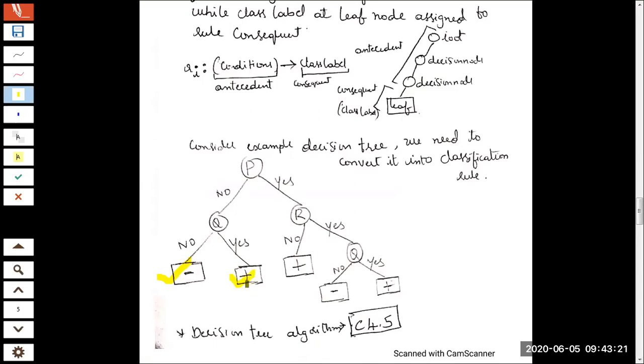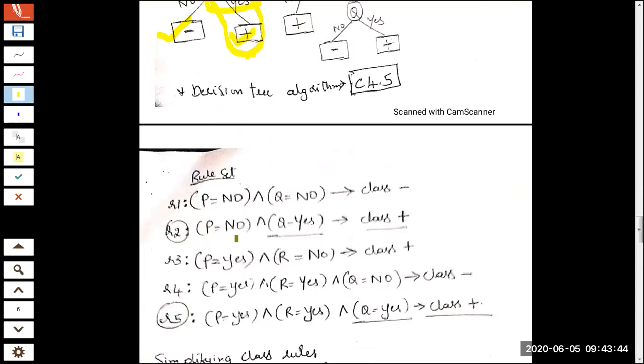Identify the branch of the decision tree from the root, which will help you arrive at this leaf node. So this is the branch. Starting from the root up to all the intermediary nodes, it will become the antecedent with conditions, and the last leaf node will become the consequent. That's it. Based on this, you can write this rule. This is what has been written here. So this is rule R2.